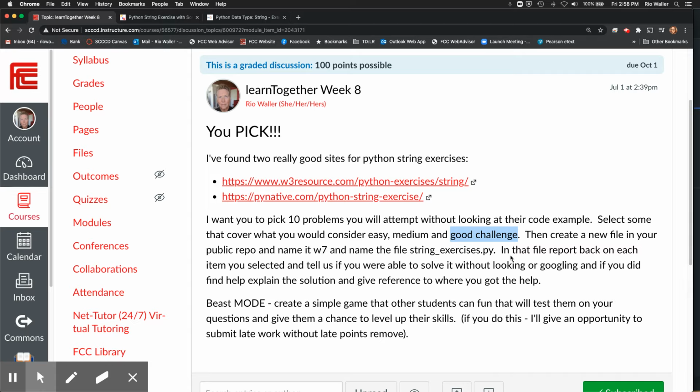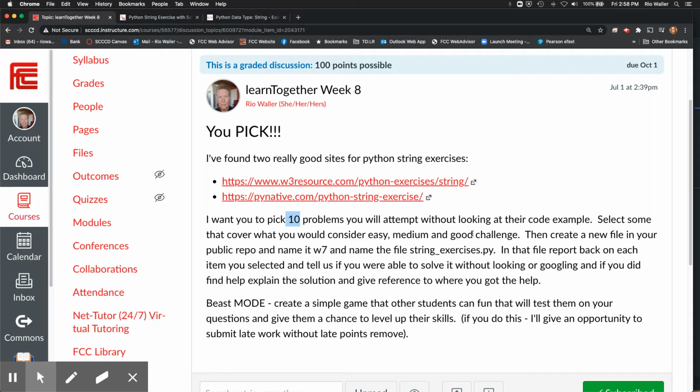So if you think about encryption, one of the ways we do it is we scramble it, we cipher it, and decipher it. That might be a good challenge for somebody, and somebody else might look at that and go, there's no way I could do that, right? So for your particular skill level, choose, and again, I said 10. I almost want to divide that by 3 and make that even, so you choose across this, but I don't want to get too picky here as well. So choose some that you might consider easy, some medium, and some a good challenge.